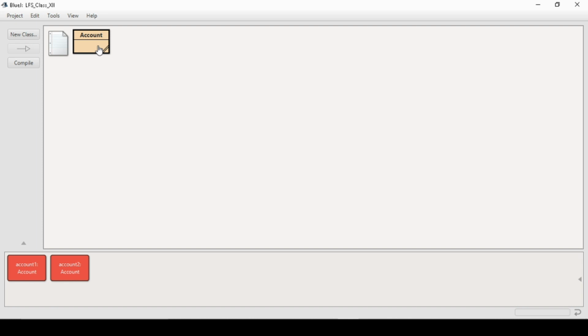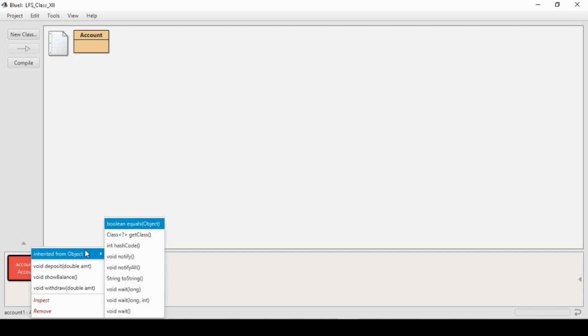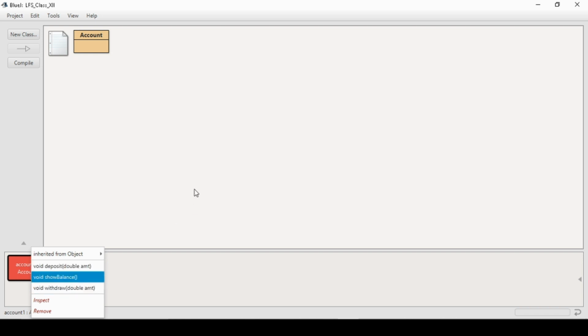Still, if that person creates an object and right clicks on it, the person will come to know about the various methods of the object that can be used. The person will not be able to know the code behind these methods, as I have not provided it, but the person will still be able to call these methods.